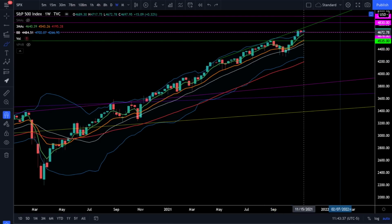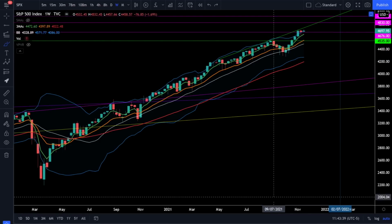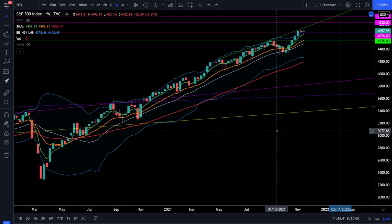So the first point I want to make is stay objective in this bull market, because it is a very strong bull market and there's obviously a lot of forces pushing the stock market higher that you don't want to try to fight. The trend is your friend, so trade with the direction of the trend and you're more than likely going to be on the right side of the trade. So I just want to get that out of the way up front, because it's very important to stay objective